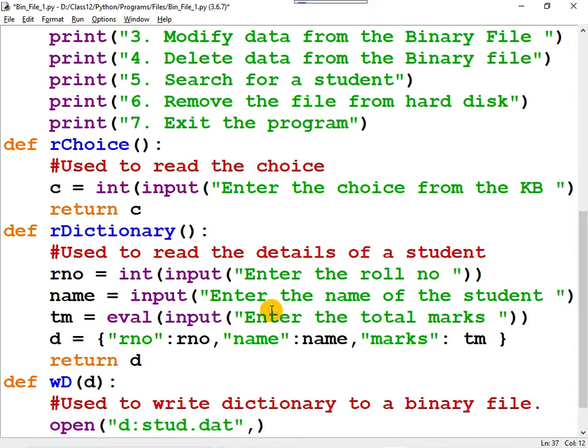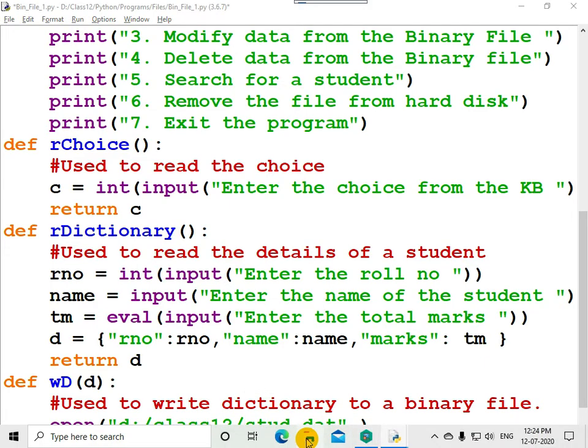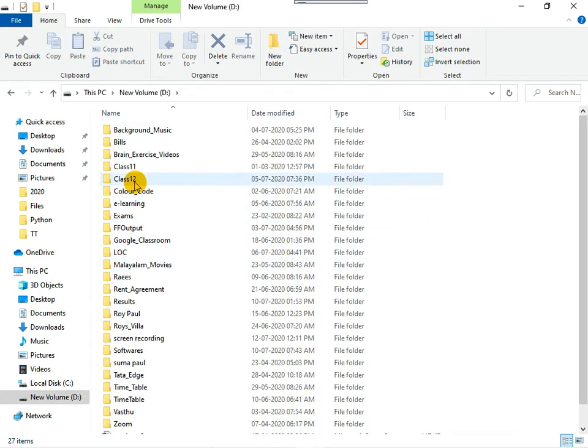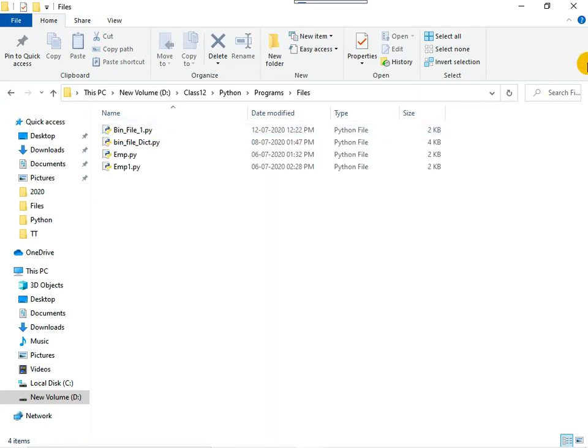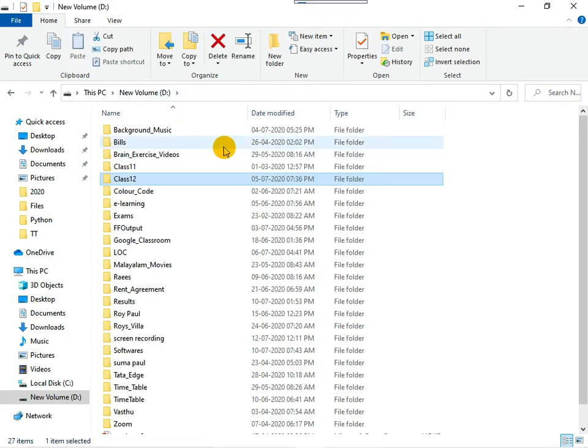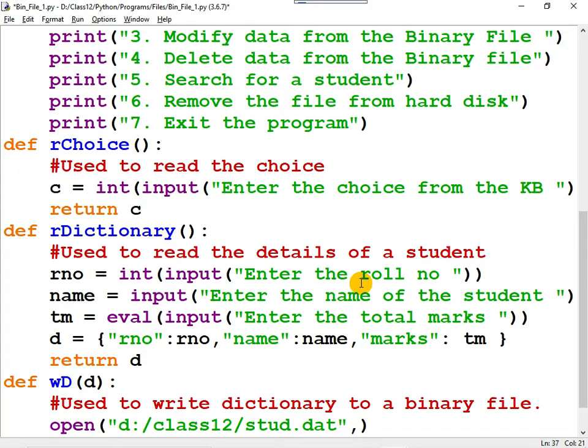So you can write d colon forward slash class 12 forward slash Python. Let me check the folder. So D drive class 12 Python, and here programs and files. Okay, or maybe let me make it a simple path, D drive class 12 files. That is better. So D drive class 12 inside the folder files stud.dat, and second argument is the file